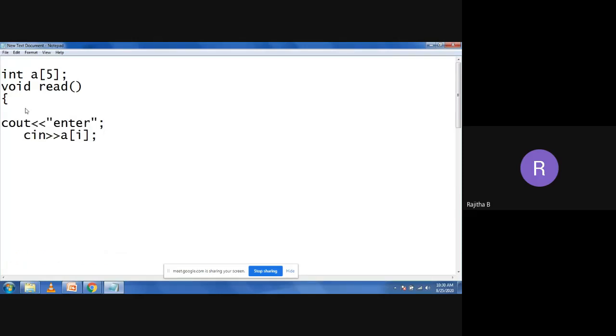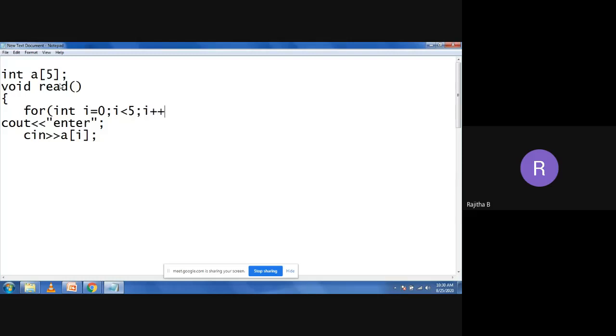So how to read the number of values? You need to take the for loop. What is the for loop? We need to repeat the number of statements. So for loop int I equal to 0. Why? Because index starts from 0 in array, and I less than n minus 1. So what is the size of array here? 5. That is the n. N minus 1 means up to 4. Or I can take the I less than 5, or you can take the I less than or equal to 4. In both ways you can write the statement. I less than or equal to 4 or I less than 5.